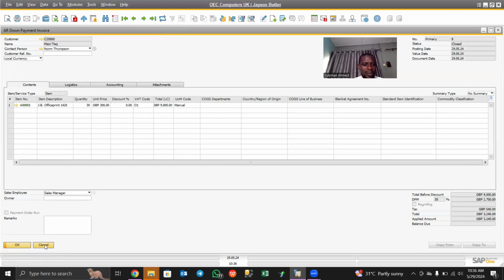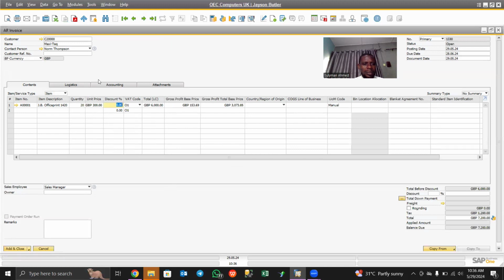So let's close this one back. So we are preparing an AR invoice here. The quantity is 30, which is a total of 9,000 GBP, while the tax amount is